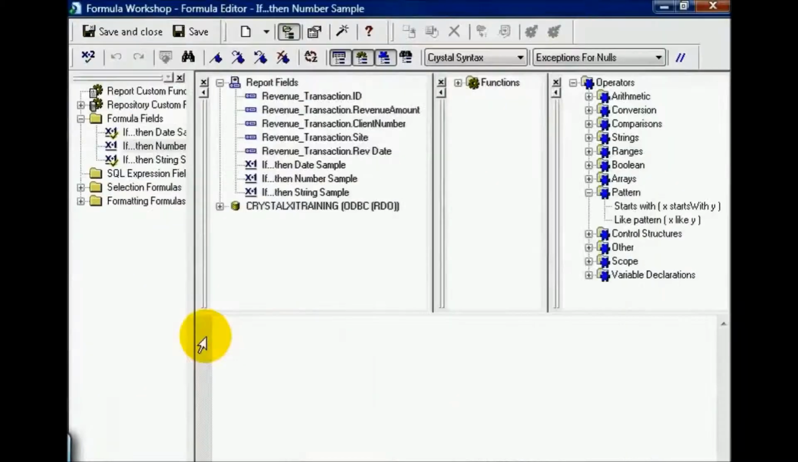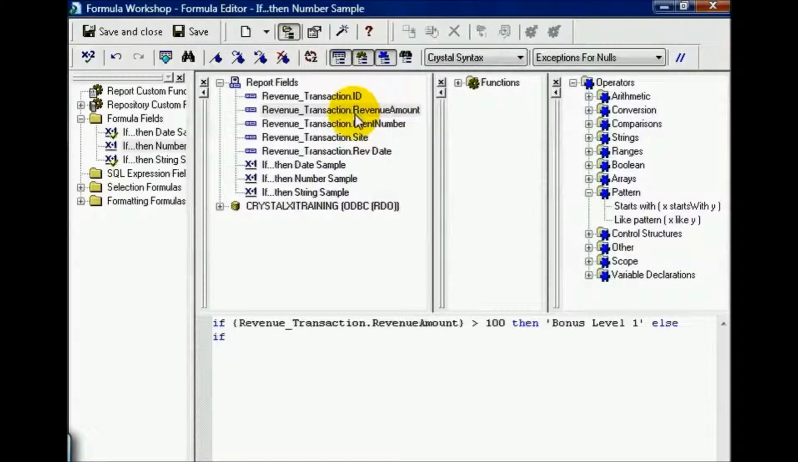We start off our traditional if-then statement, and this time we're going to choose a revenue amount. Now with numbers you can do greater than or less than, and then you can do a calculation at the end or just a simple string description. In this case, we're just going to do simple: if the revenue amount is greater than 100, then bonus level 1. Else, it's less than or equal to 100, then